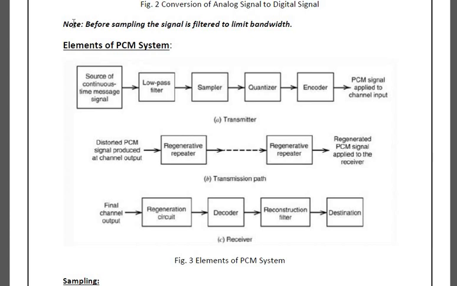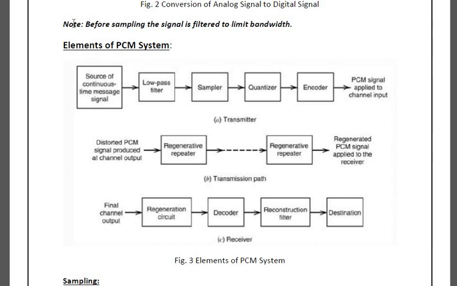So what are the elements present in pulse code modulation, how your analog signal is converted into a digital signal, what is sampling, what is quantizing and what is encoding. I hope you are all clear with this. I'll read 2 to 3 advantages of the pulse code modulation technique, which you have to note down.